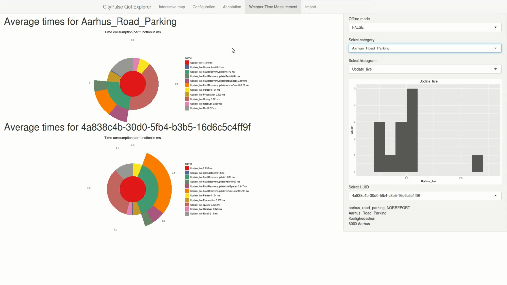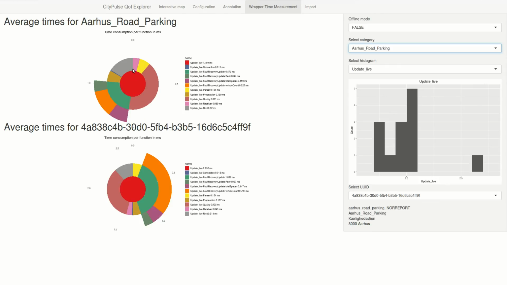As you can see on the left side, the first graph shows the average times for the Aarhus road parking category. So it's the average times for all the quality sensors available. This inner circle is this update live module, which takes nearly 2 milliseconds for one average execution time.